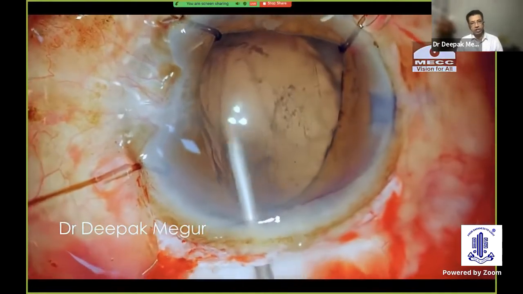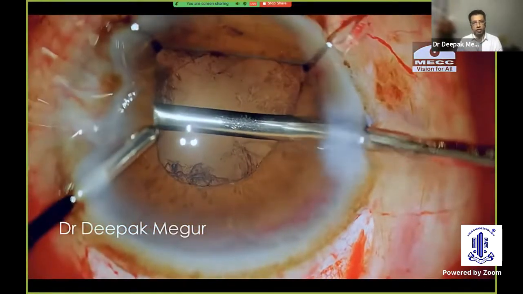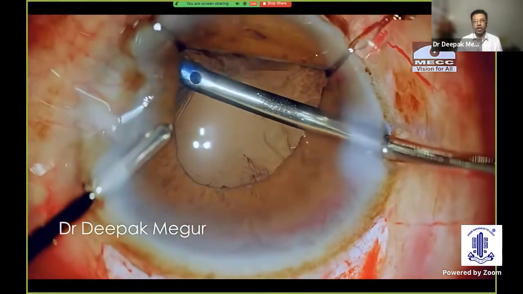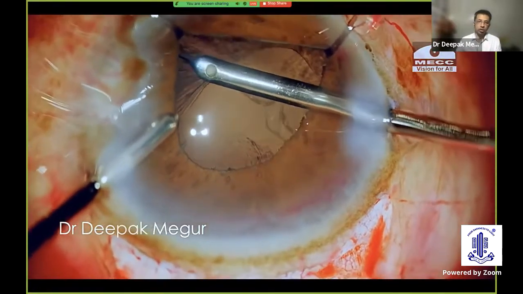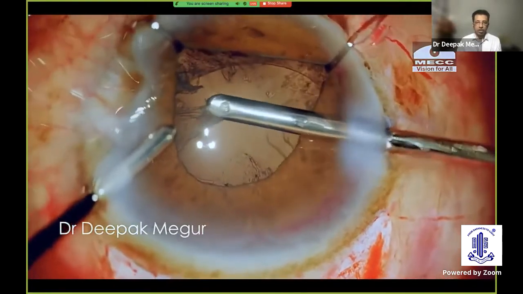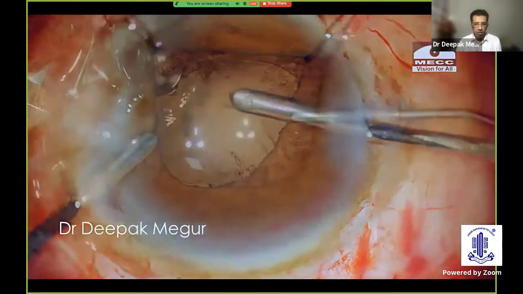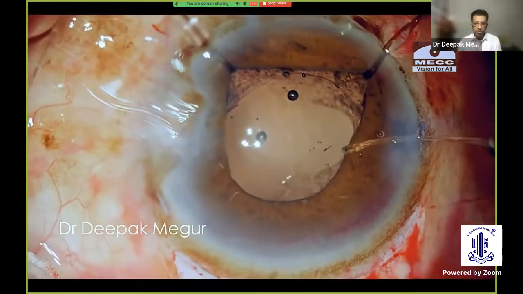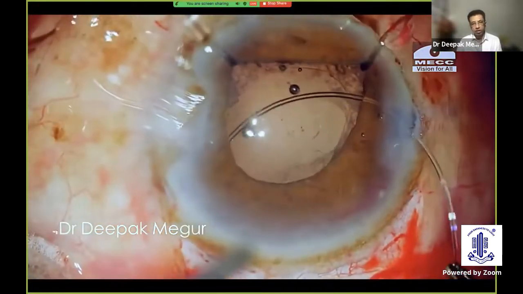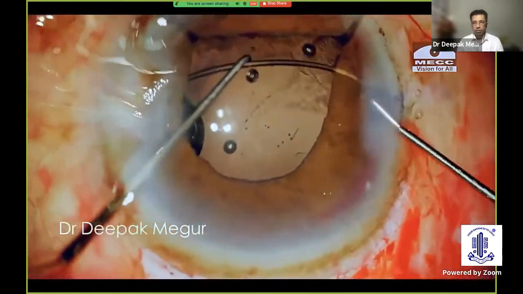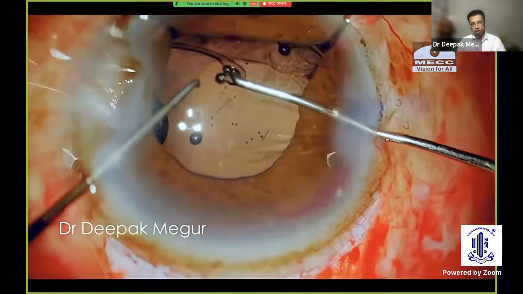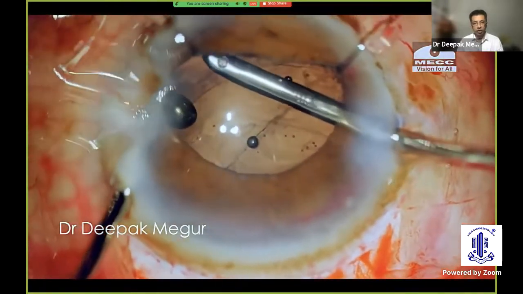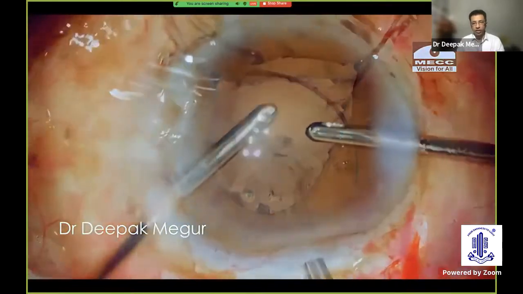Again, the challenging thing in these cases is to remove the cortex. The cortex will be very sticky, and in this process we may more likely enhance the zonular damage, which is already pre-existing. So now I stop here and inject OVD into the bag. Then I'm going to insert a CTR so that it gives me 360-degree circumferential support and also tension for me to work and remove the little bit of cortex which is there. So that helps here.